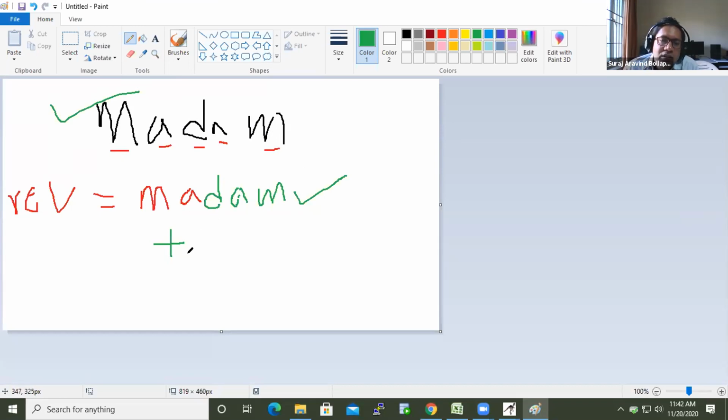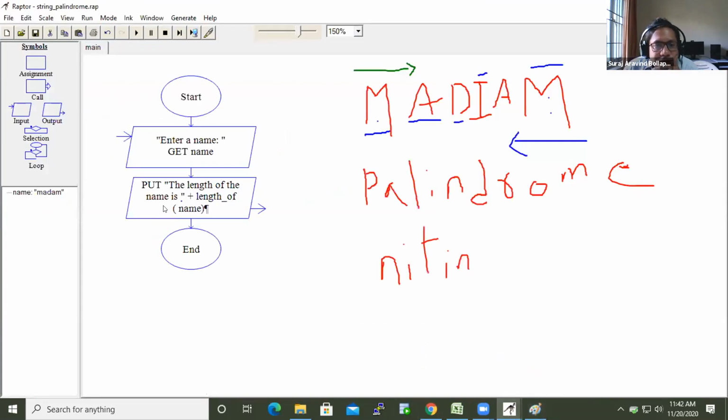So this is one approach. For this to work, there should be a mechanism supported in the language or tool where you can combine the characters. In Raptor, when you are displaying the output, this is a string, and to this string you are using plus and displaying the variable. But this is in the output symbol. Whether the same plus can work in assignment or not, we haven't tested earlier. Now when Jayant tested, it is not working. Maybe there could be something wrong in the way they approached it.